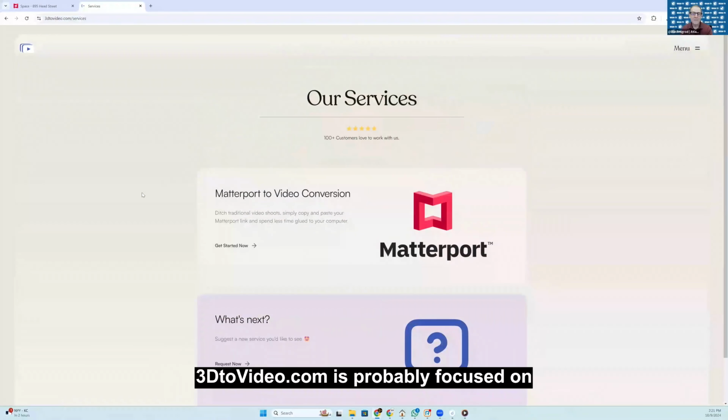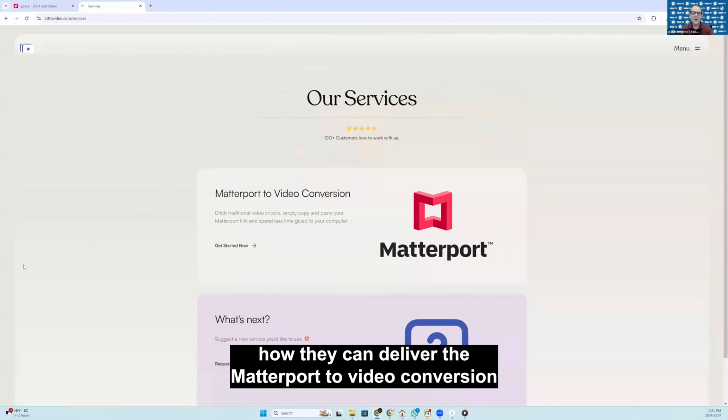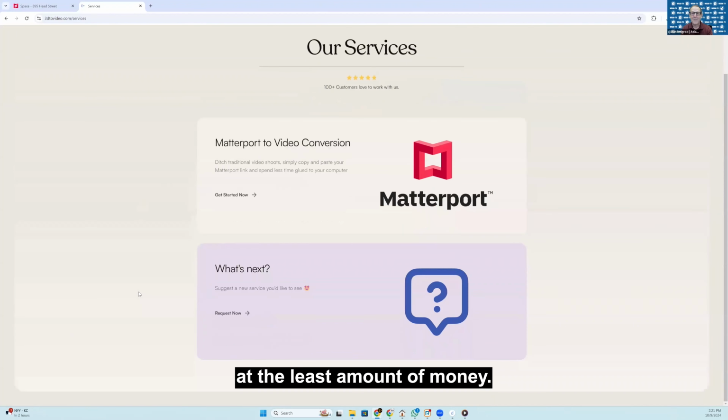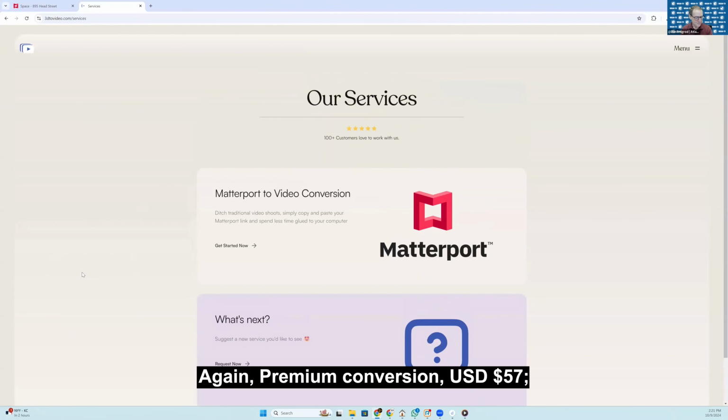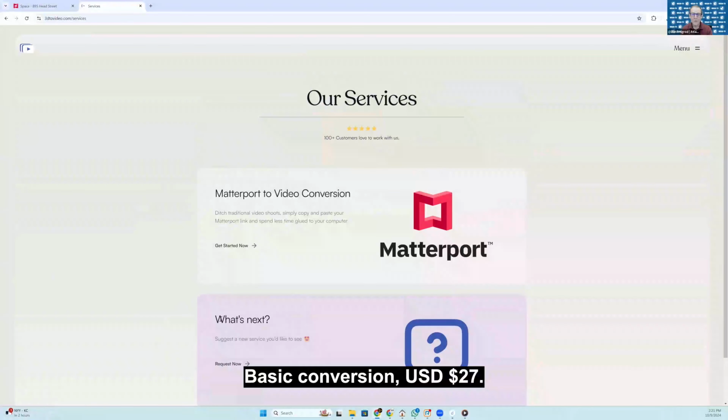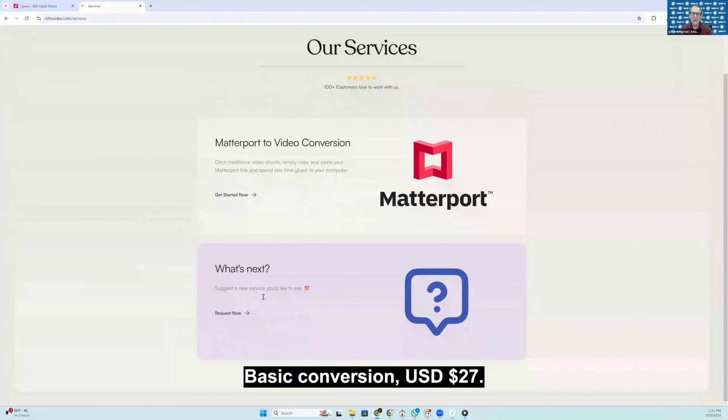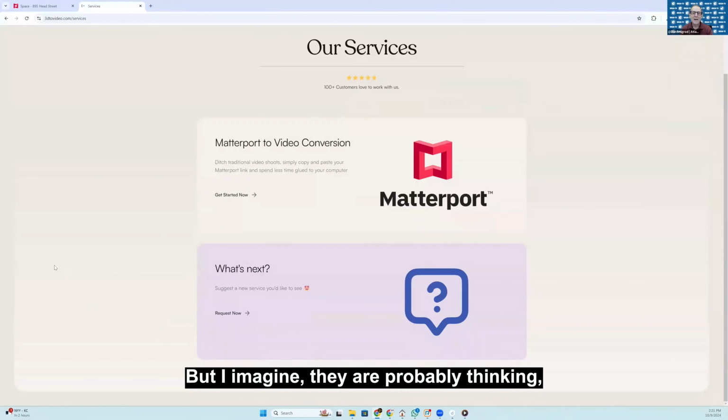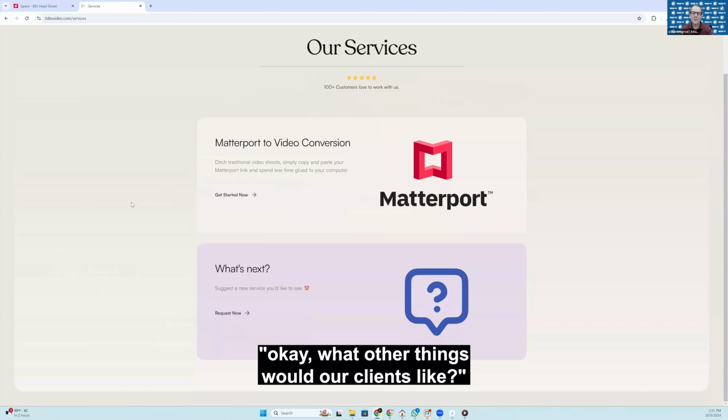I would say 3D to video.com is probably focused on how can they deliver the Matterport to video conversion at the least amount of money. Again, premium conversion $57 US, basic conversion $27 US. But I imagine they are probably thinking about what other things would our clients like?